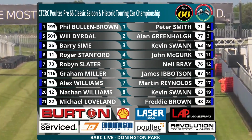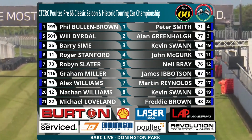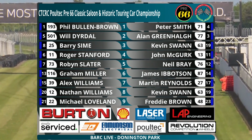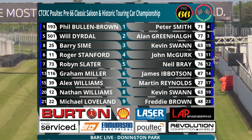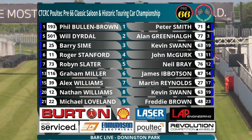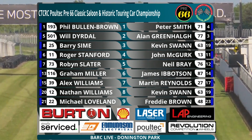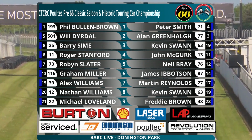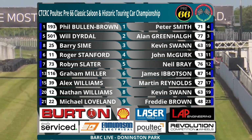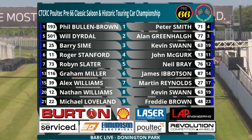The grid in position, it's Phil Bullen-Brown, number 193 in his Mini on pole position with Pete Smith in the Lotus Cortina alongside him. Second row, Will Durdal in 501, so it must have been the same driver in the car for both races there. The Mini alongside, 77 Alan Greenall. We're told it's Jimmy Syme, not Barry, on row 3 in the blue Mini. So Syme starts alongside Kevin Swan... no, it should be Piers Grange, I think, on row 3 in